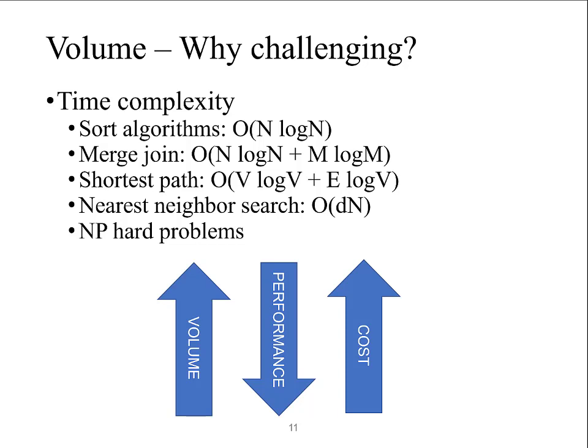So in this case, the best choice would be sorted merge join. And if we don't consider using an index here, the time complexity would be big O of n log n plus m log m, where n is the size of table 1 and m is the size of the other table.